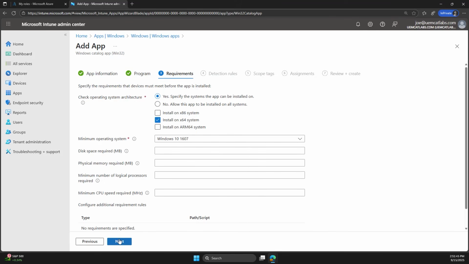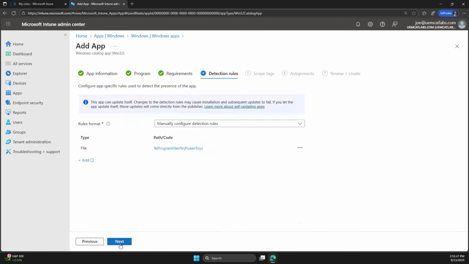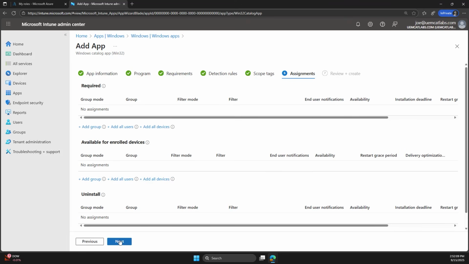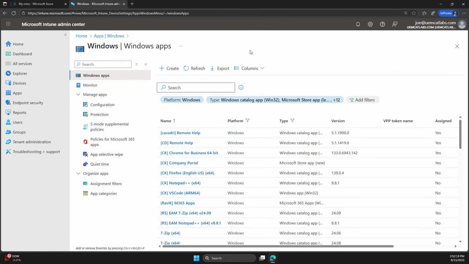And even requirements and detection rules, because we want to make sure with detection rules, for example, if Power Toys is already installed, we don't want a poor end user experience by uninstalling and reinstalling. So if we already see the program files, Power Toys directory or file, for example, we're going to go ahead and not reinstall it. And then I can add my scope tags and my assignments. Again, assignments should also look familiar to you. These are the same as Win32 apps. I'm going to go ahead and cancel out of this though, because I'm more interested in showing you how to